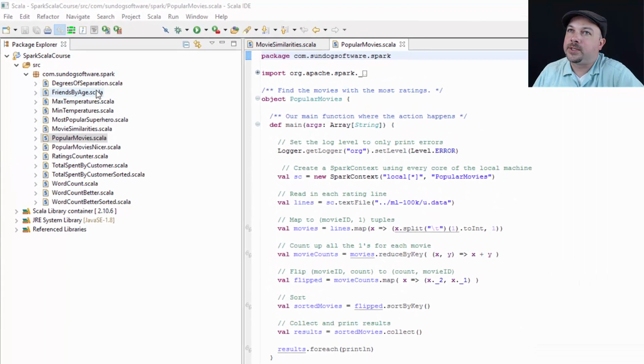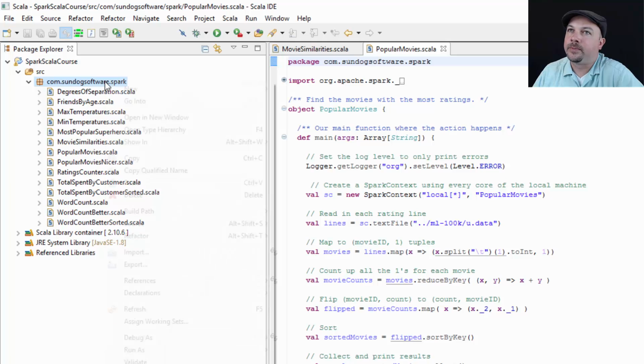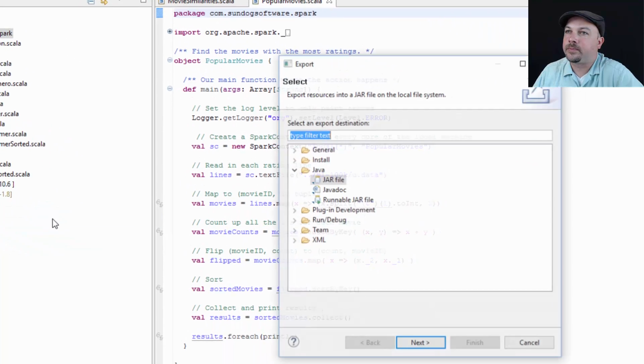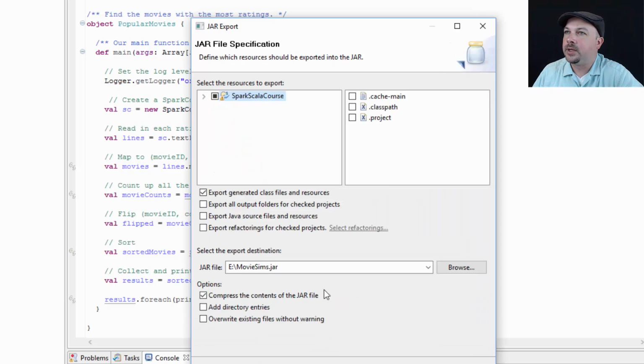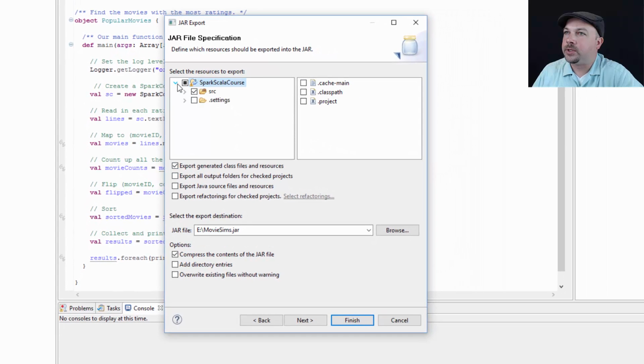So, as before, let's right-click on our package here and select Export. And what we're going to do is package up our popular movie script as something that we can run from Spark Submit. So I want to select a Java jar file. And again, don't get confused. Even though we're writing Scala code, ultimately it's Java in the end. So we're going to do a Java jar file. And we're going to export all of our source code. And let's save this